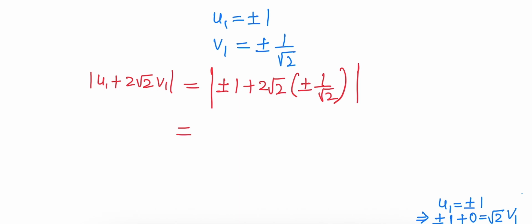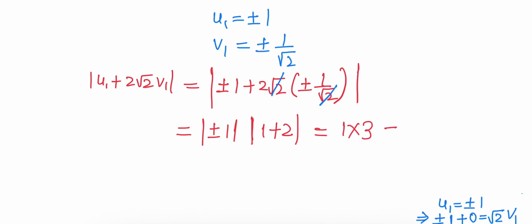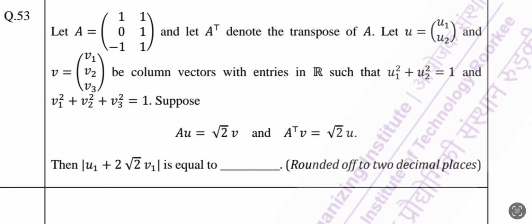If you take this plus minus 1 common, then, you know, root 2 gets cancelled, and there will be another mod, and inside the other mod it will be 1 plus 2. So finally we get 1 into 3, so the final answer will be 3. So in the vacant space here in the question it will be 3. So 3 is our correct